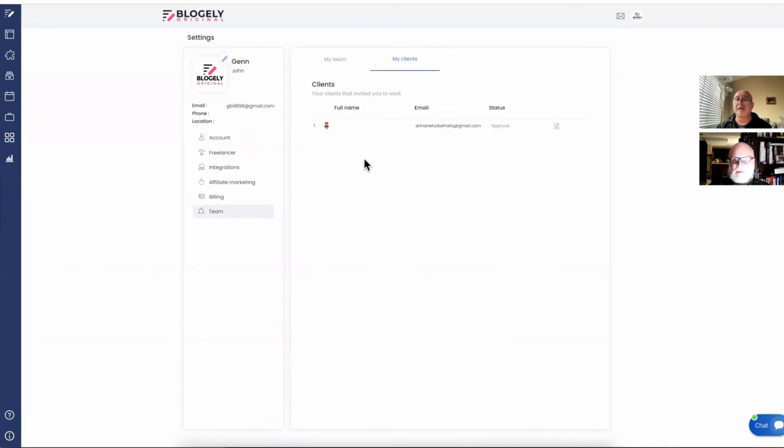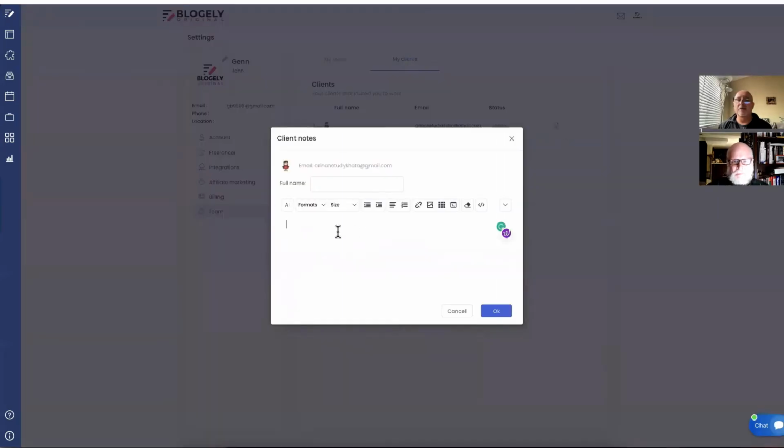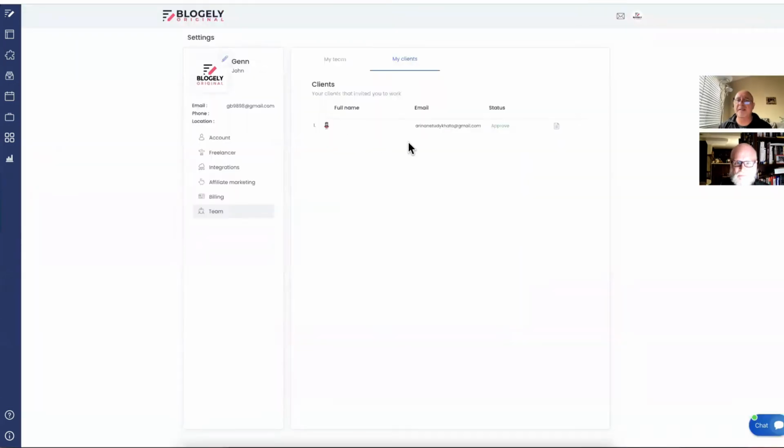And this tab is named clients. So this person invited me to their team. I will have this place where, once I am invited, there will be an approve button here. The button will show up. Currently, this one is approved. And I can actually write some comments for this person, so I know who invited me. This is something for me to keep updated. I can update the name and I can update some information.